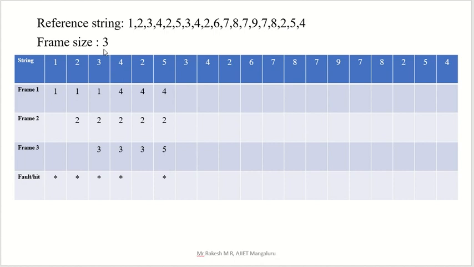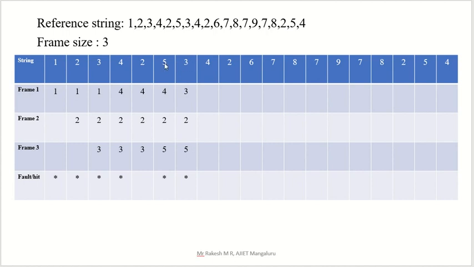On this left side we only have to see the changes. 4 means we have to replace 4 and write 3 here. Then 3 to 5. So asking is 4. 4 is not there, so again we have to replace. Out of 3 to 5, which one was used last? Okay, 3 to 5.